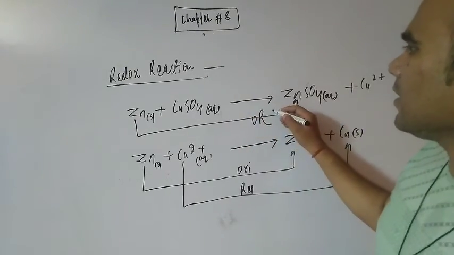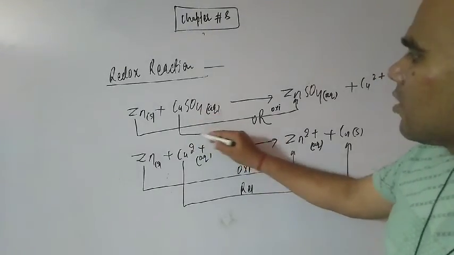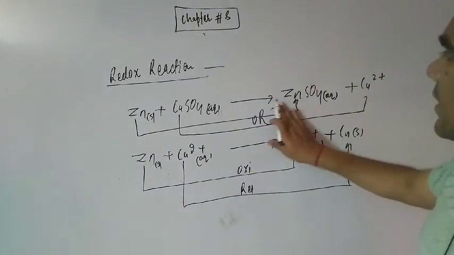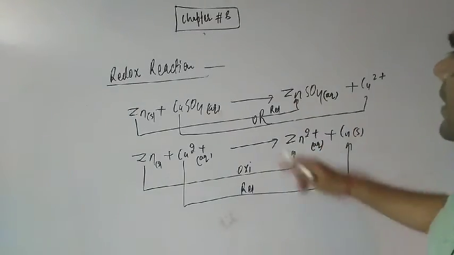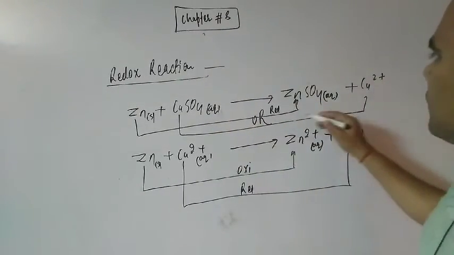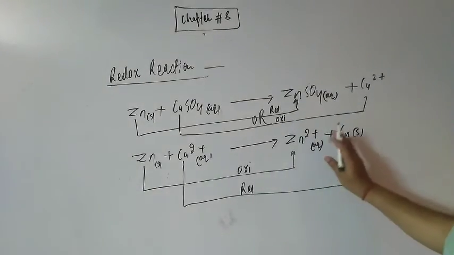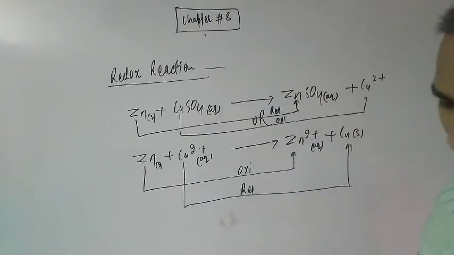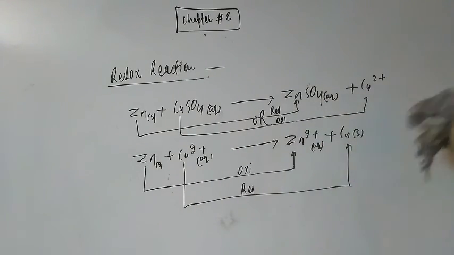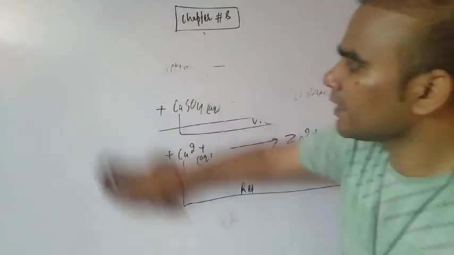Here in this case also you can see Zn to ZnSO4, so this becomes the oxidation. And here if you see copper 2+, this is reduction, dear student, this will become the reduction. So this way easily you can understand, student, that it is a redox reaction. Now what we have to understand, student, is oxidation number, that we will study in the next video, student.